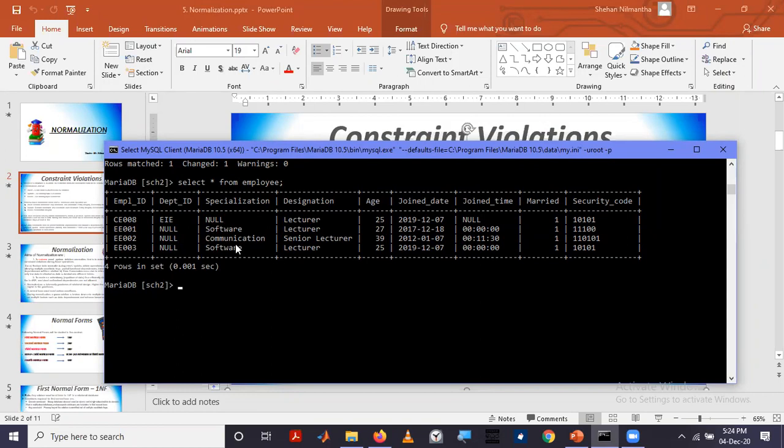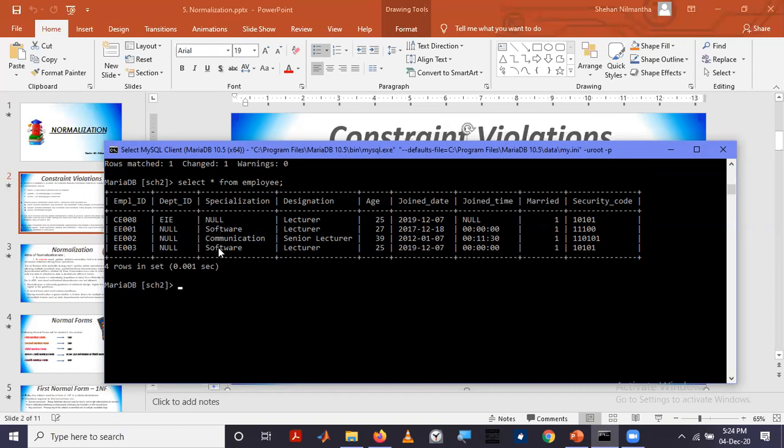As you can definitely see from this one, communication department ID is null. Software department ID is null. So the functional dependency, which should exist in reality, does not exist here, because software people are only in the electrical department, and communication people are only in the electrical department.